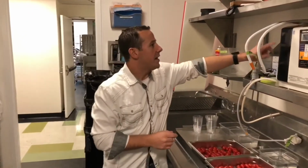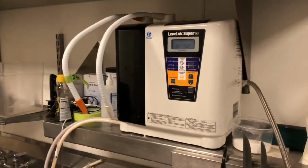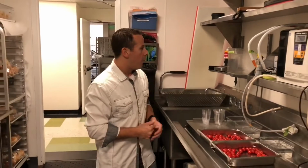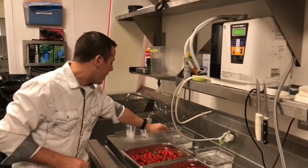Okay, so now we're in the back and we're just going to show you how this technology works. Right here we have the Enagic Leveluk Super 501, and this actually produces 7 different pH levels of water that have all kinds of uses, many of which Chef Jason talked to us about earlier. And one of them that we're going to show you right now, if I press this button here, what's actually being produced by this device is